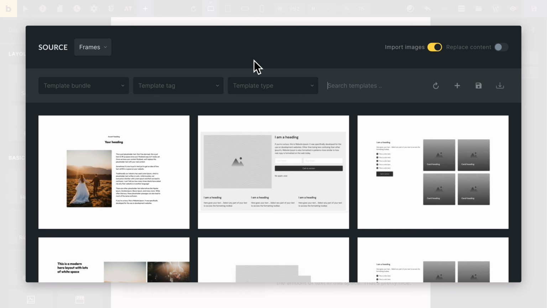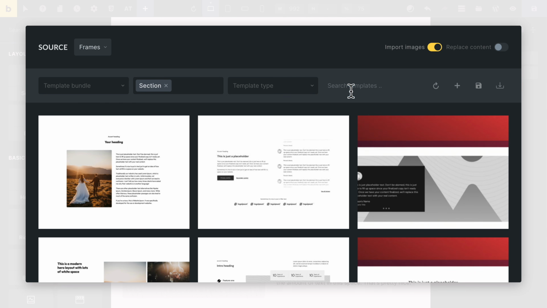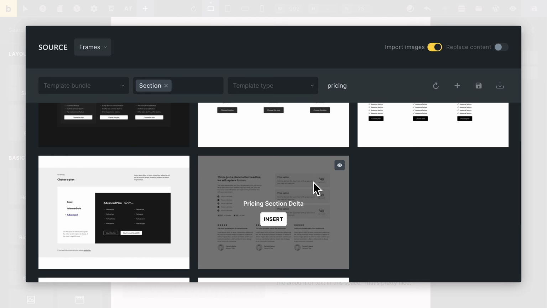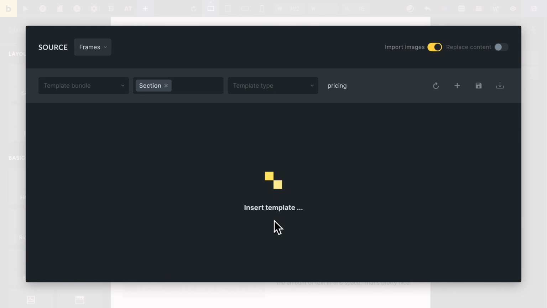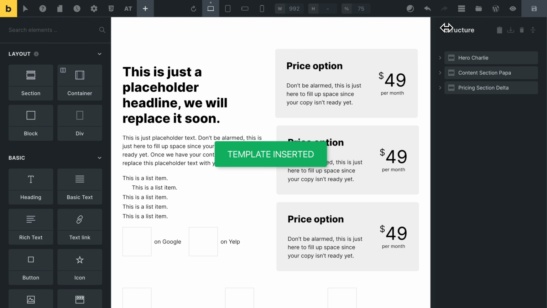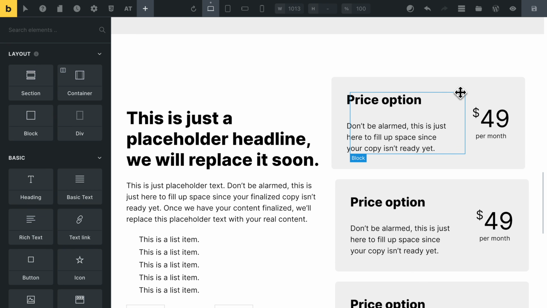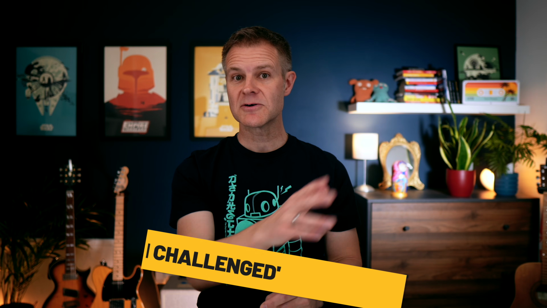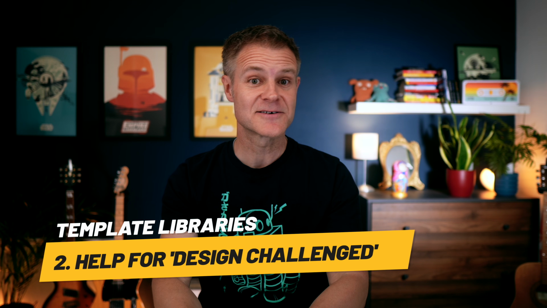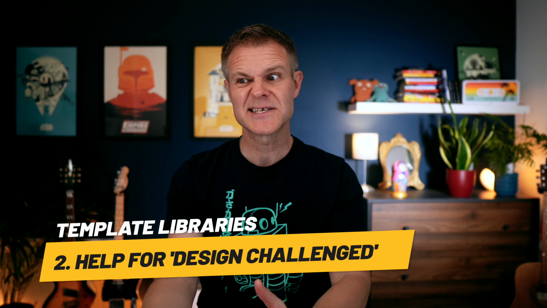Let's face it, most of the time, if you're custom designing and custom building every single bit of your website from scratch, then you're just reinventing the wheel a lot of the time. And two, template libraries are great if you're not naturally a designer as well, because someone else has already designed them for you. But guess what? Even shit-hot designers use template libraries. Most designers don't start with a blank page, especially the ones that want to work fast and efficiently and actually make a profit.